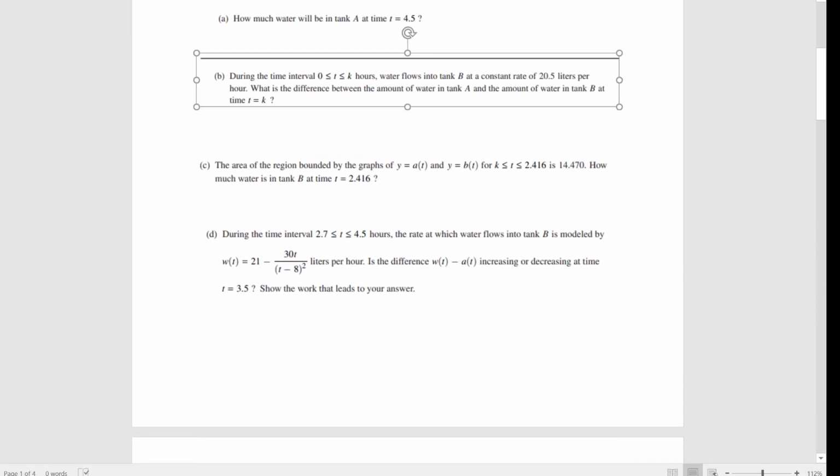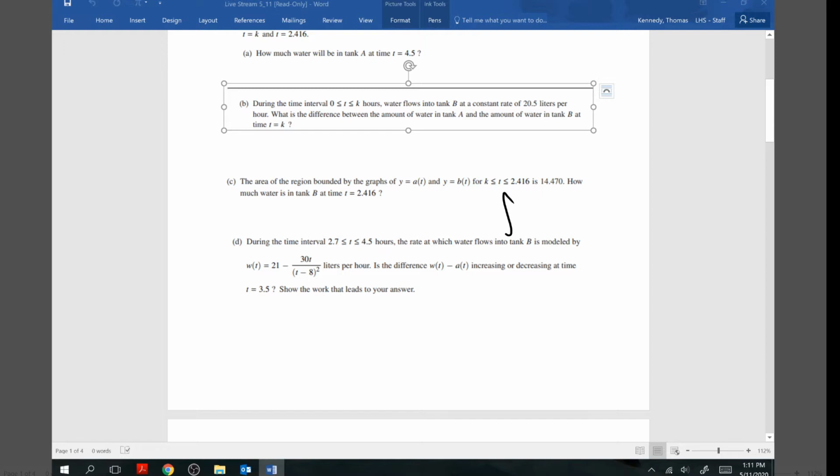So all I'm going to do for c is integrate from k to 2.416. K comes first. So I'm going to integrate from k to 2.416 of a of t, and I'm going to subtract 14.470. And remember, k is a value we know. It's 0.892. So all we're going to do is plug this into our calculator. If you do this, you should get